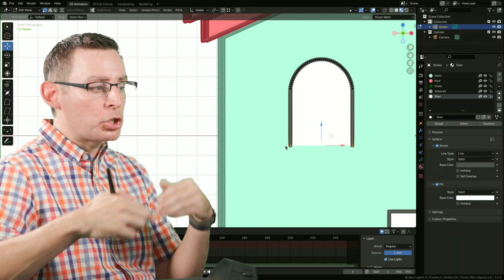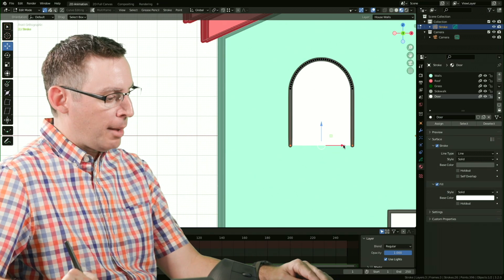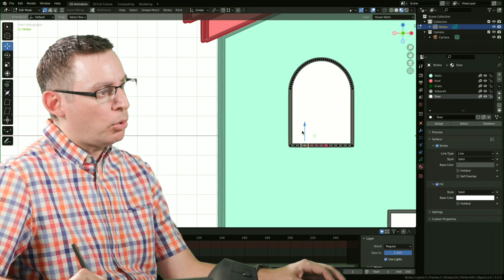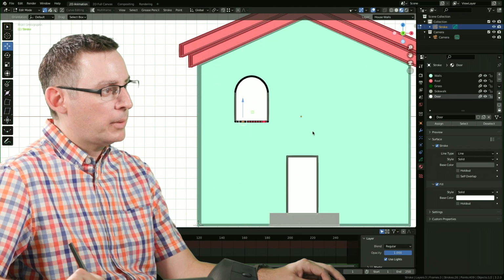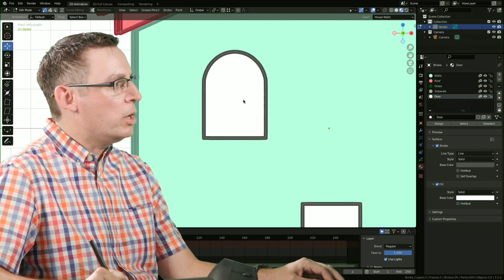Now, to close the gap in here, since we're closing an already contained stroke, we're not trying to combine or merge two strokes together. This is all one stroke. I can fill this gap just by hitting the F key, and it creates a whole bunch down there for me, which is pretty cool. I like that.